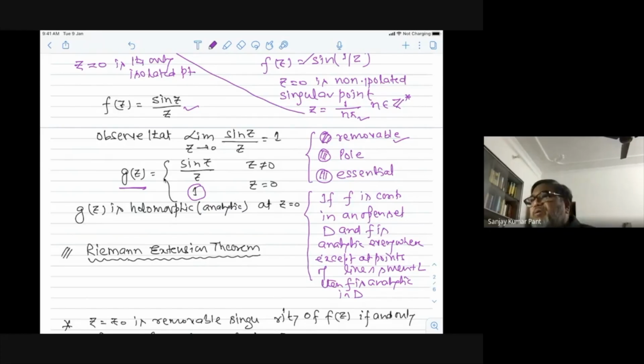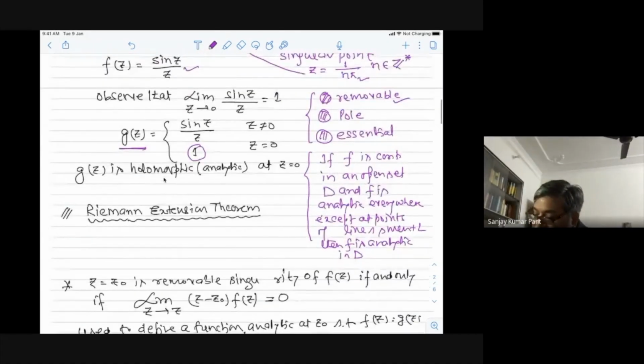So it becomes very easy for me to define. So g(z) is a holomorphic function in the whole neighborhood of 0, and it is a holomorphic function which is equal to f(z) for z not equal to 0. So f(z) can be given this value actually. And this theorem, which I have just quoted, is a very beautiful application of Morera's theorem. So anyway, here we come to another part, which is the Riemann extension theorem, and it is a very special case. This theorem says,